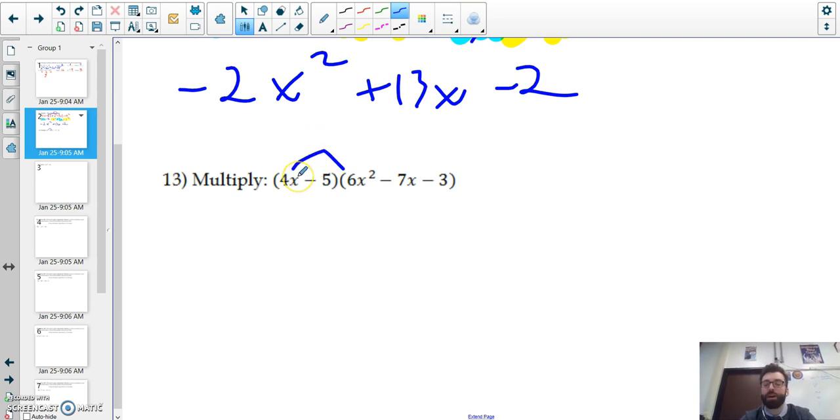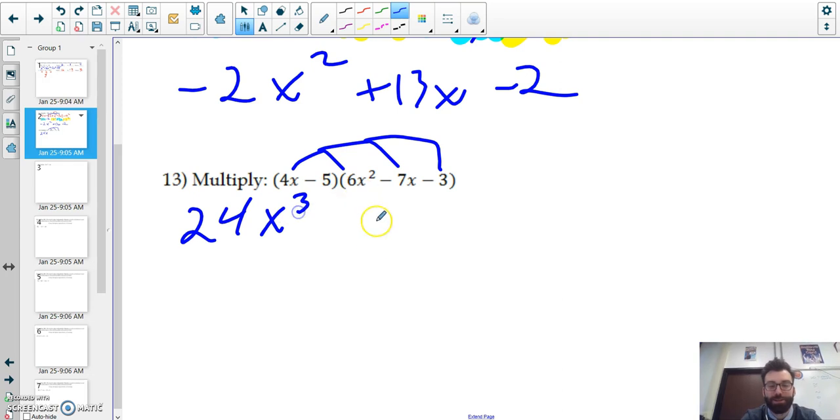Now in this one, multiplying. So remember, when we multiply, it's similar to FOILing, except all I'm doing is distributing. I'm distributing the 4x to every single term in my second set of parentheses. So 4x times 6x squared gives me